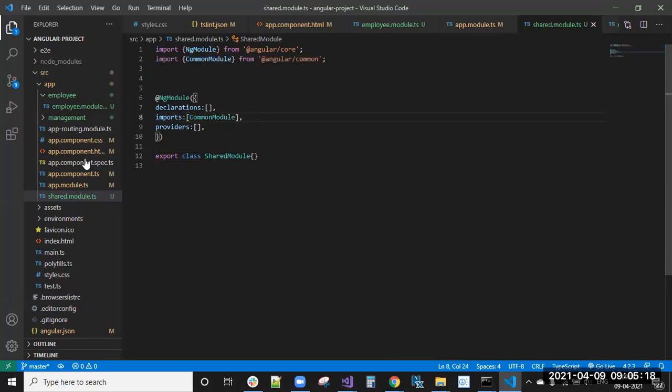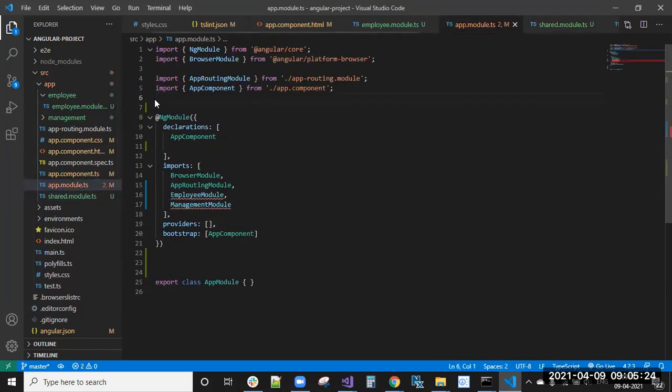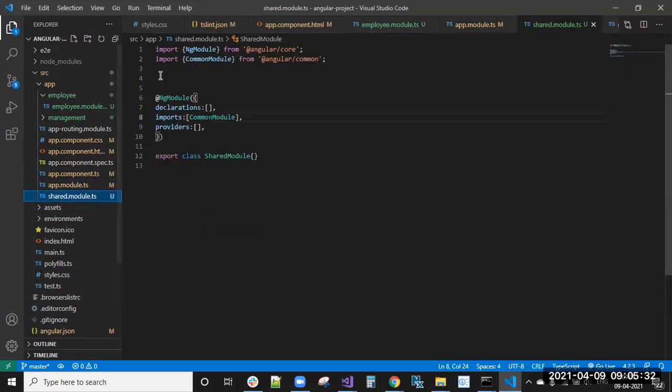So done. Now what I am doing here: these two modules are in the app module, right? I don't want to include these two modules there. I can import those two modules in the shared module.